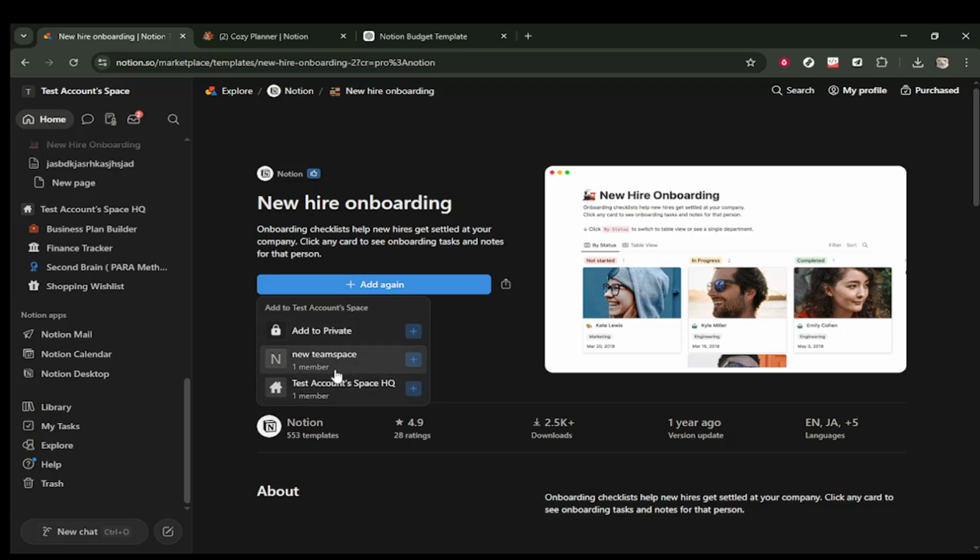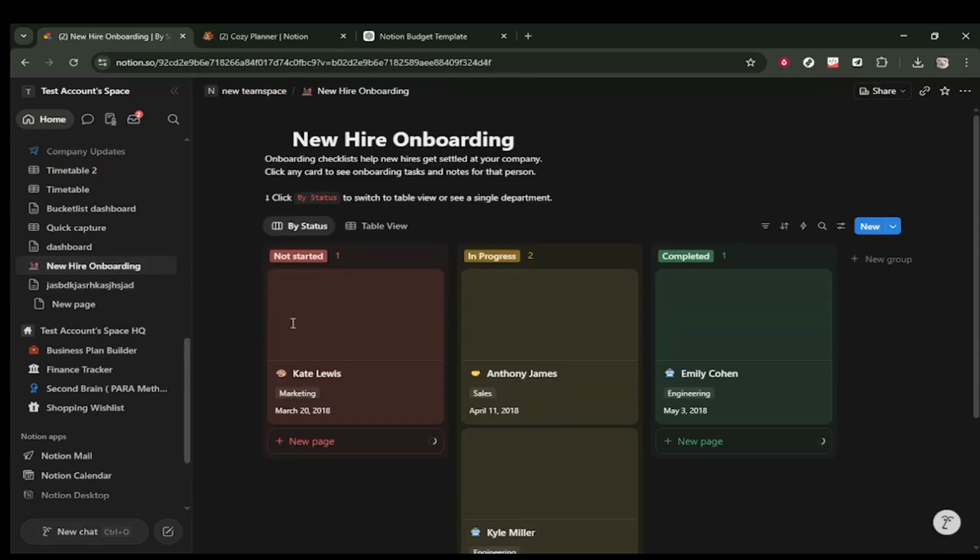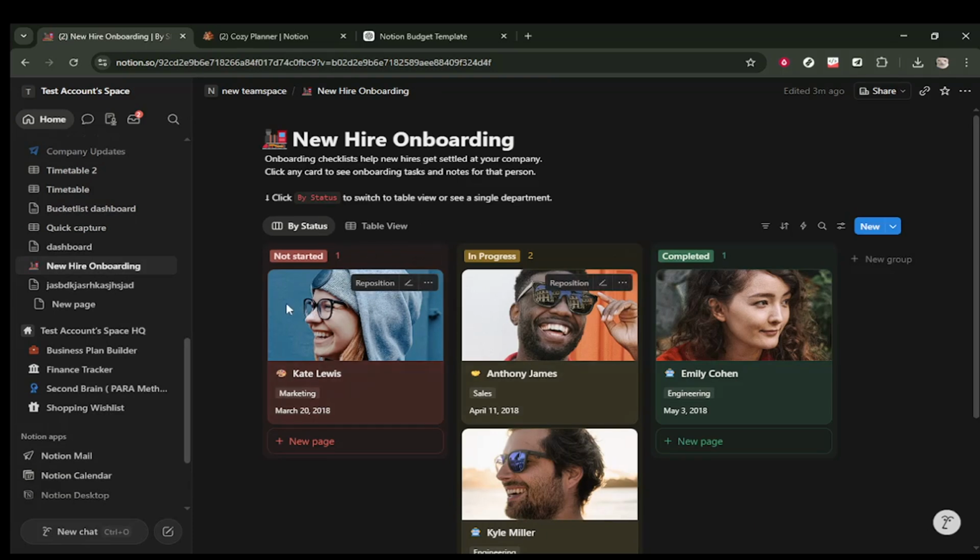Adding the template brings it into your Notion workspace, so you can start using it immediately. After you click Add, you will see an option related to members, shown as One Member. Click One Member to continue through the setup, and make sure the template is configured for your workspace. Finally, click See Template. This opens the full template, so you can view the layout and confirm it is ready